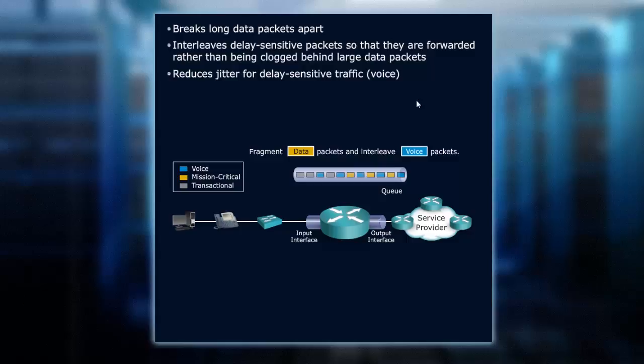It does no good if you chop up the data packet and it's still sitting in front of me. If anything, you made it worse, because now I got additional headers and footers and so forth that I'm behind. So chopping it up is one thing. Interleaving it is really the key, because now if I've interleaved that voice packet and I'm stuck behind a couple of smaller data packets, and my cohort is a couple packets back, we might get out that interface in a more timely fashion. And that's why this makes one of those great link efficiency mechanisms, again, on a slow speed